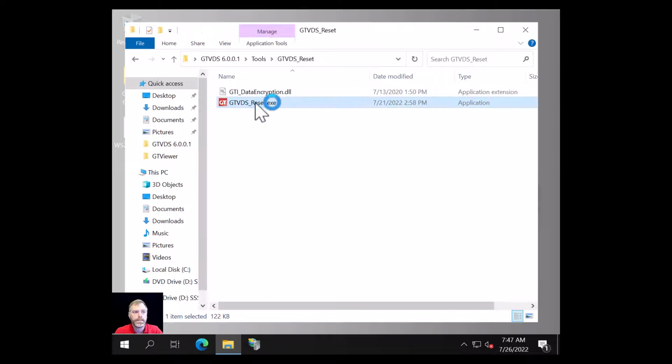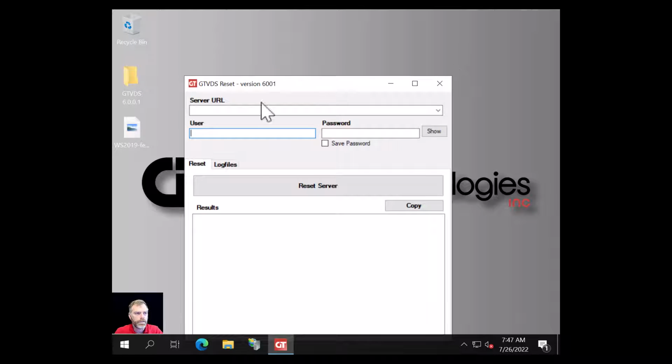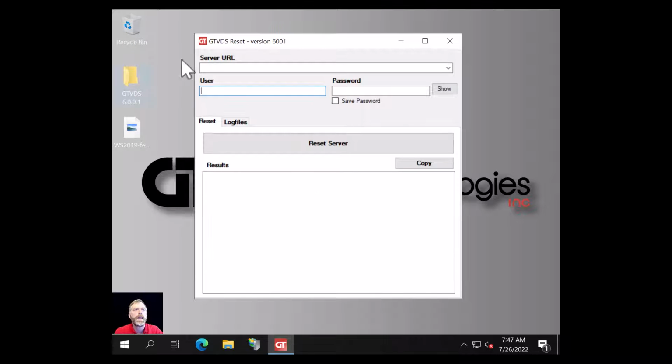I'm going to run it. I'm going to close off some of this stuff so we can see it. It just asks for a few things. It wants a server URL. You can just give it the name of the server, which ours is GTV-DS-Demo in this case, but you have to give it an admin user. You can't give it a regular user or they won't be able to do the reset.